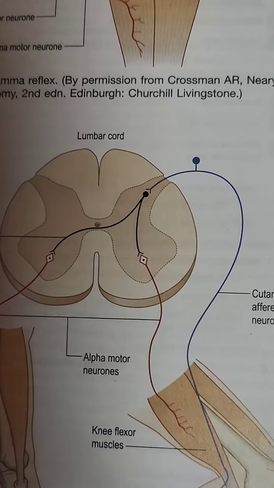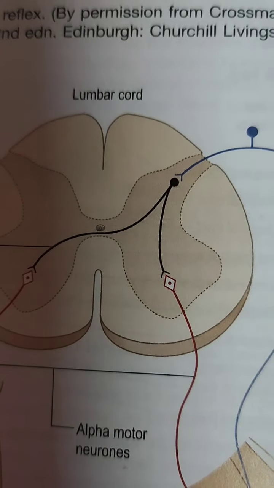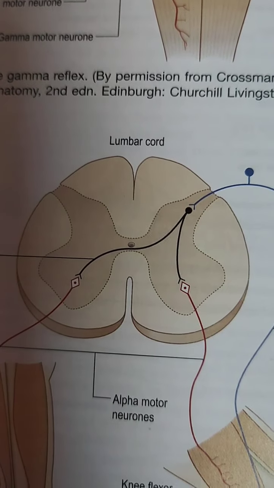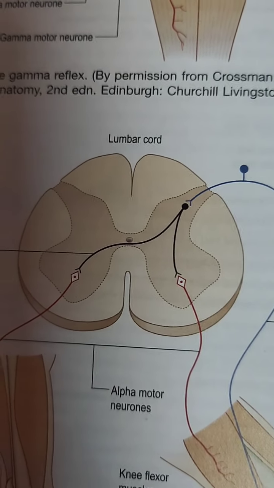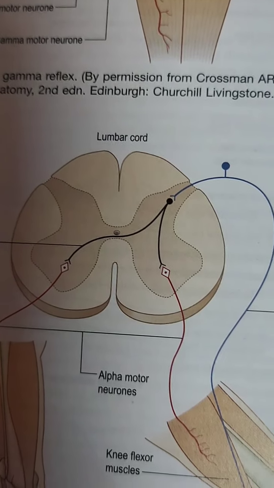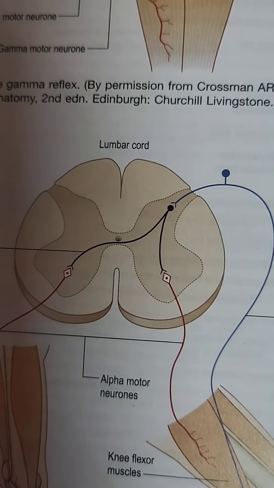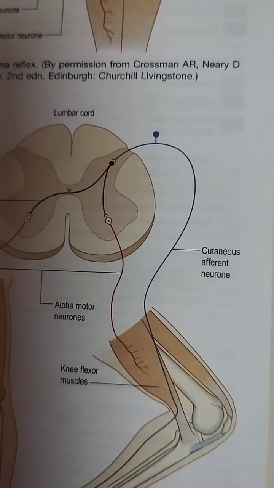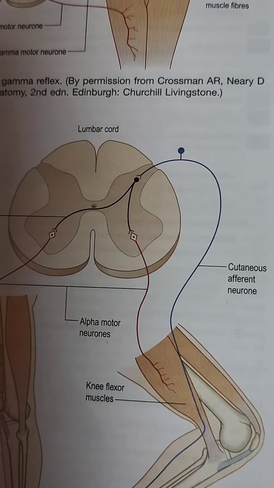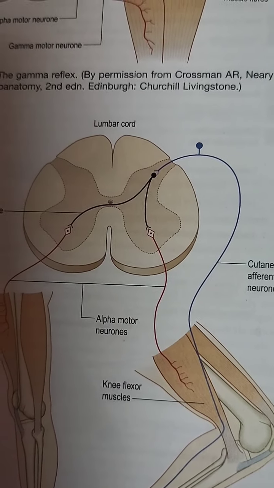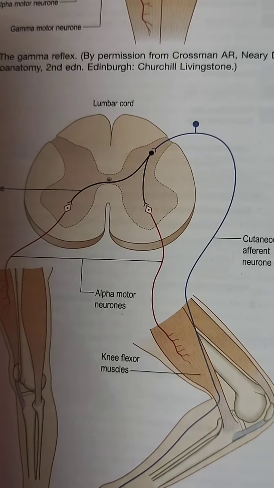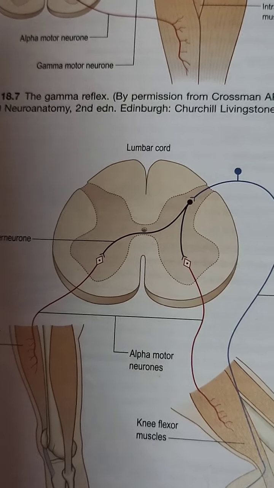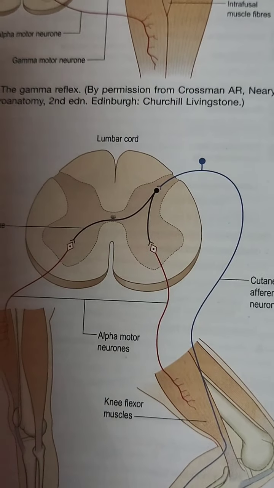These anterior horn cells which are present within the anterior horn form the lower motor neurons, and there are certain rules for these lower motor neurons. It forms the final common motor pathway. It is also called Sherrington's laws, which you can study in physiology. All impulses which reach from the muscle must pass through these neurons. So whatever impulse you get from all the muscles of the whole of your body should reach through these neurons. So these are the lower motor neurons which are present in the anterior horn.